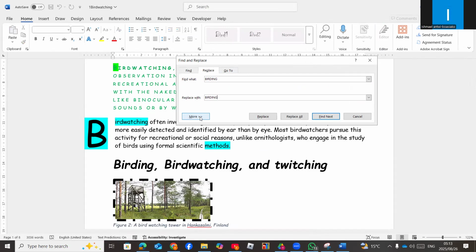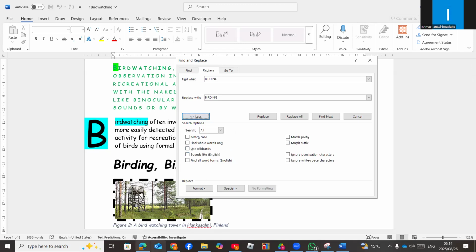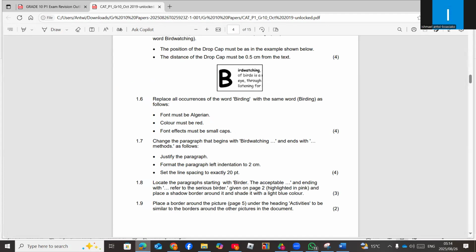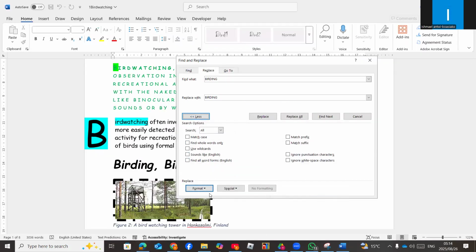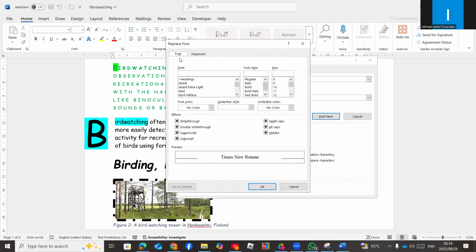and then you go to more. Make sure your cursor is on replace with, not here, because you are going to replace this one with this. So you must click here and then you go to more. Now the question says we must format it as follows. We have to choose the font to be Algerian, the color should be red, and the font effect must be small caps. So we go to format, font, and then the font should be Algerian. So you can type, it gives you that font,